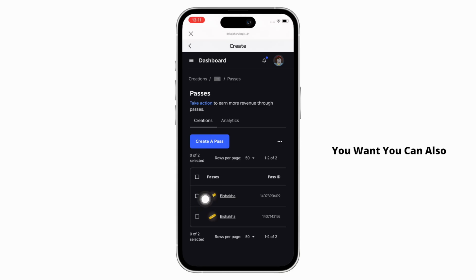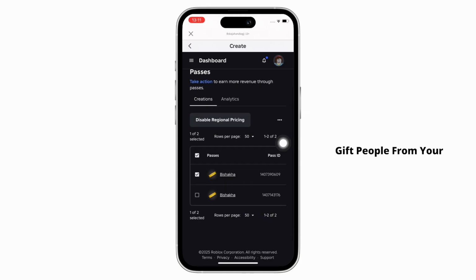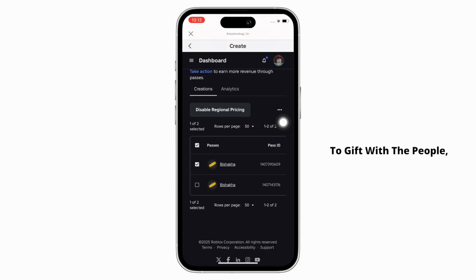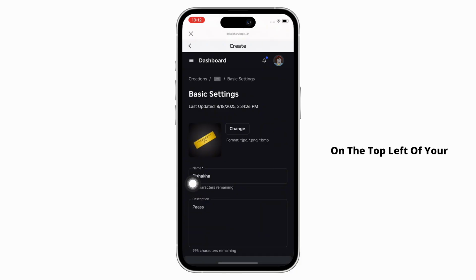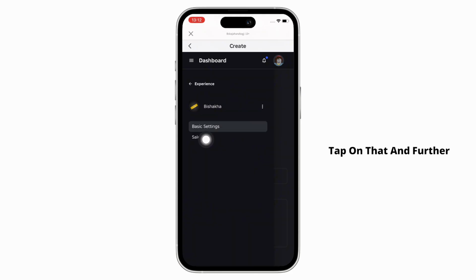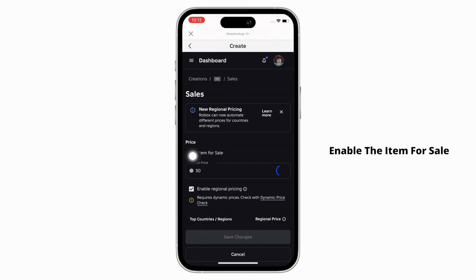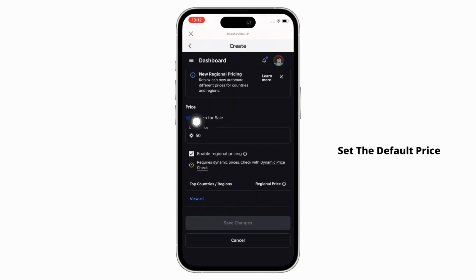Or if you want, you can also gift people from your existing pass. So tap on any of the existing pass that you already have. Once you have selected the pass that you want to give to the people, tap on the three lines on the top left of your screen again and you will see the sales option. Tap on that and further enable the item for sale toggle button and then set the default price for your pass. Finally, tap on the Save Changes button